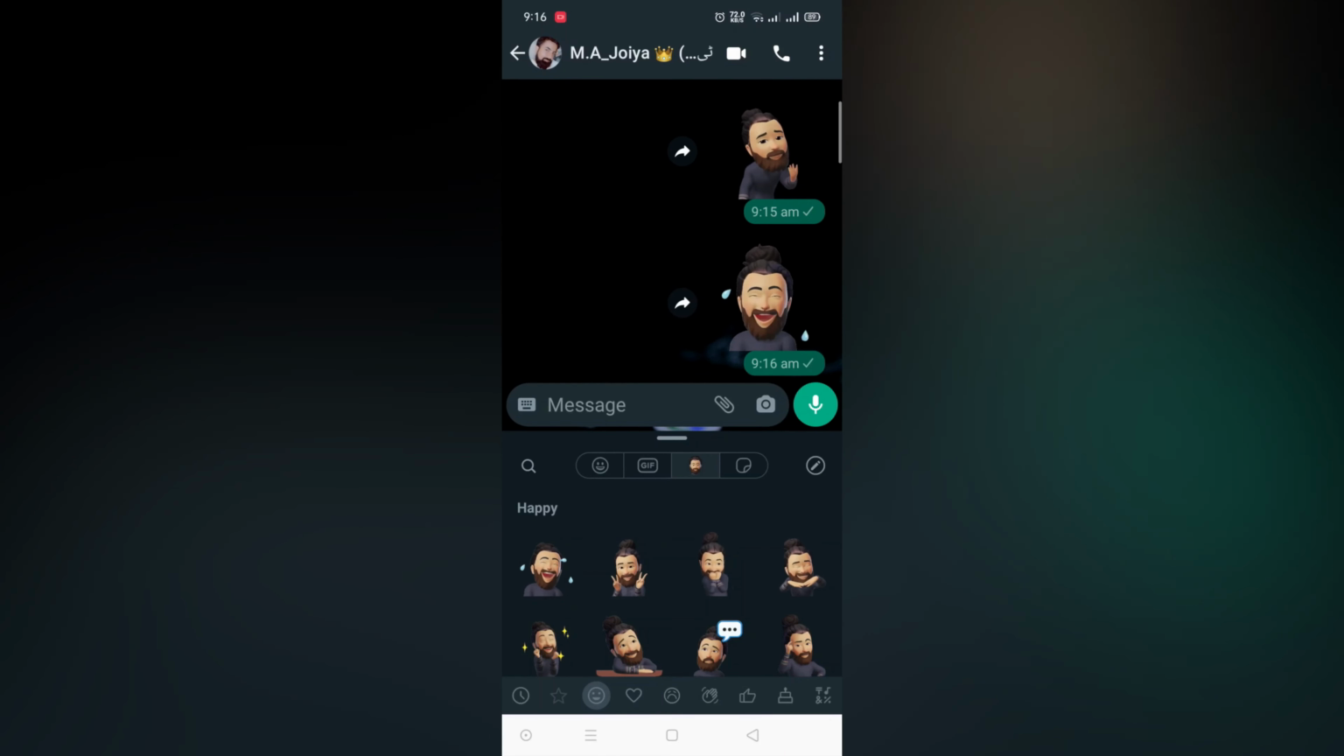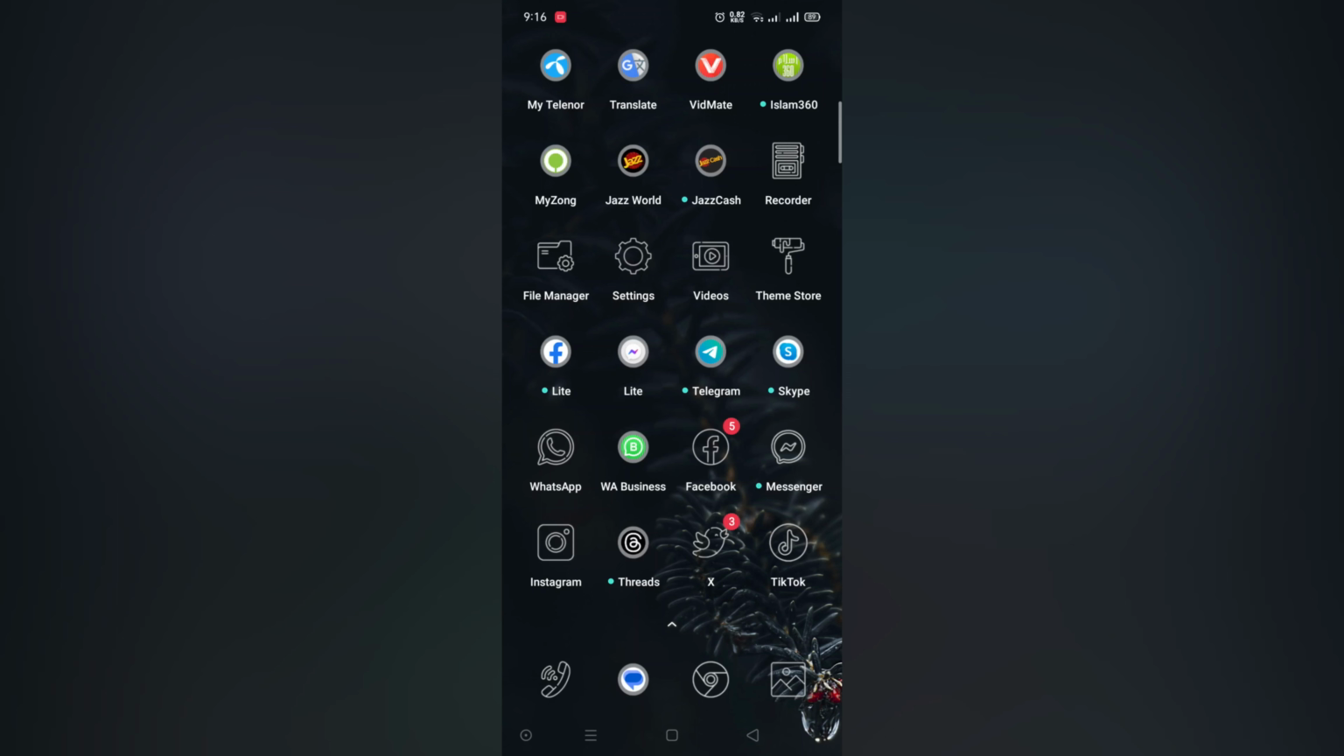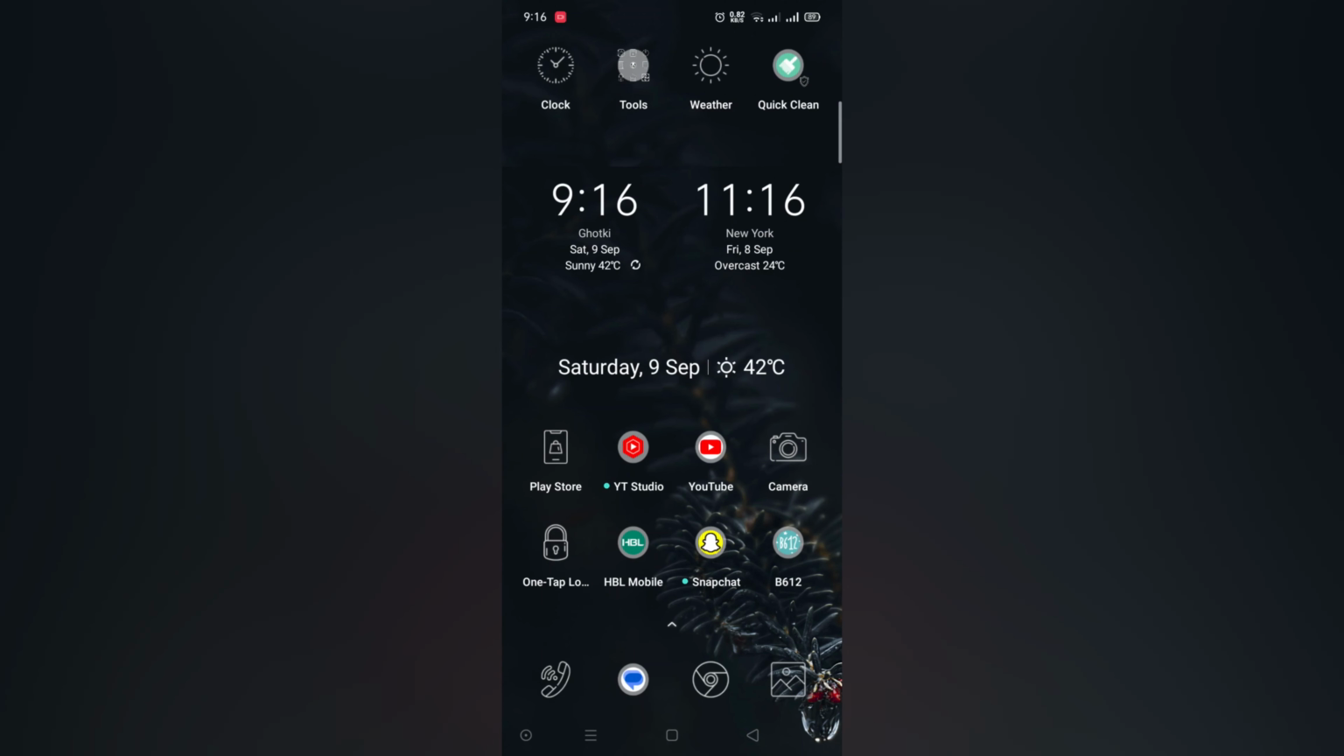Appears on screen, you can see these are animated avatars, now available on your WhatsApp too. If this feature is not available on your device, then go back. If you are an iOS user, go to your App Store, or if you are an Android user, go to your Play Store